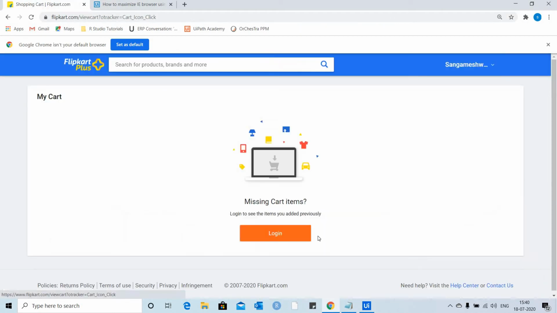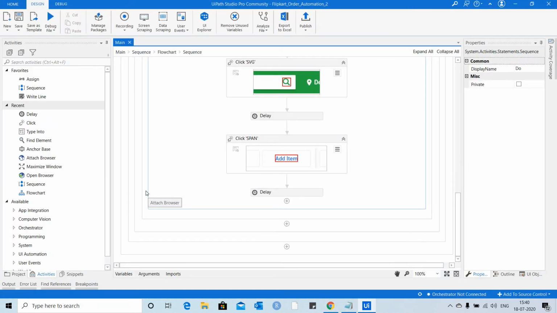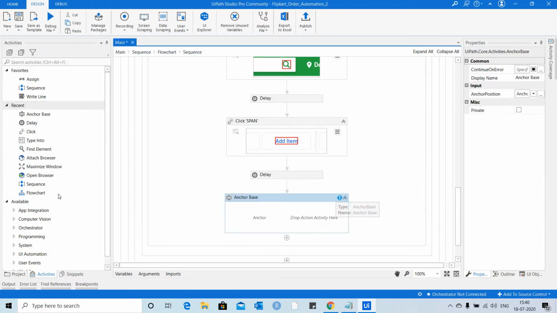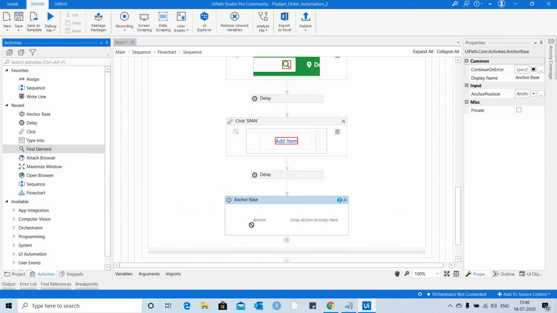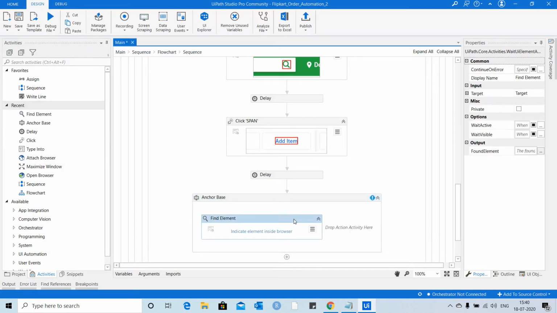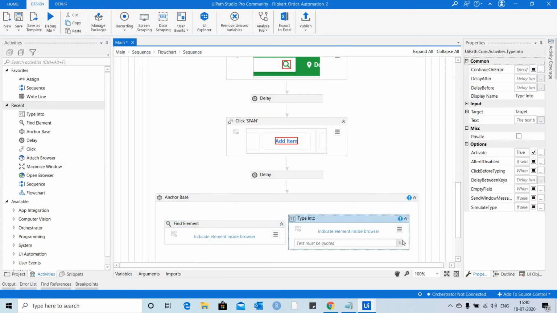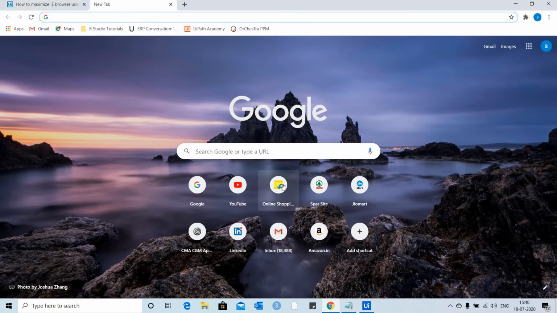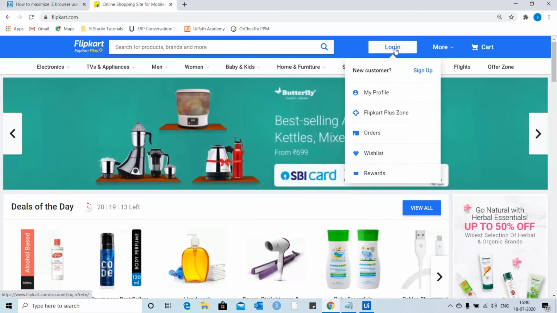So let's remove this. Now next, to add the next item I am going to use one more anchor based activity. So for that I'll use add into it again. I am going to add find element and then type into activity. So for adding further items, let's go back to flipkart.com website, then log in